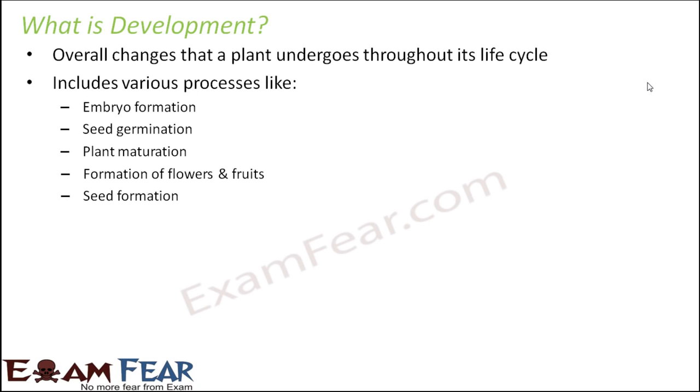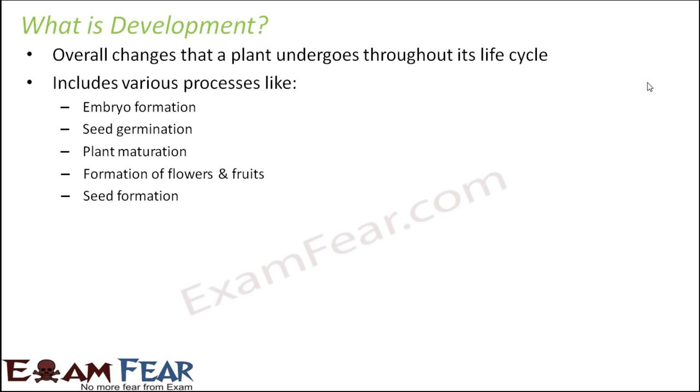So you see, it is like a cycle. The life of a plant starts from the seed, which germinates into a seedling, a small plant. The plant will mature and become a big plant. That plant will again have the reproductive structures like the fruits and the flowers, so it will again undergo reproduction. The result of reproduction would be a seed, and the seed will again give rise to another plant, right? So in this entire life cycle,